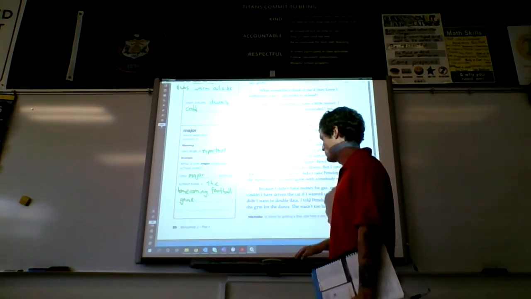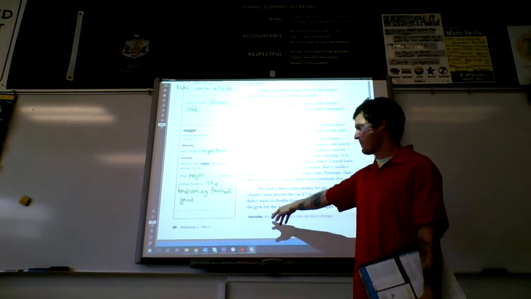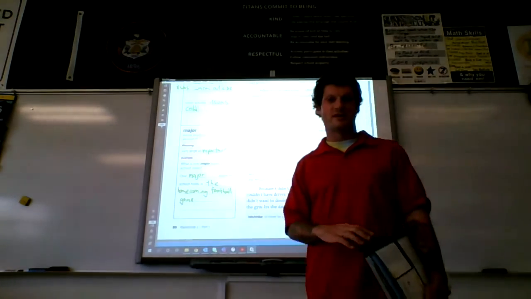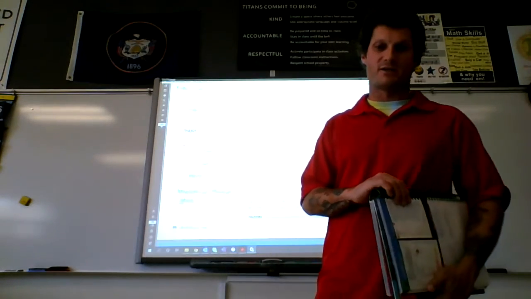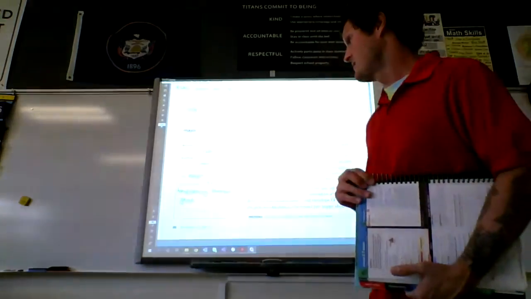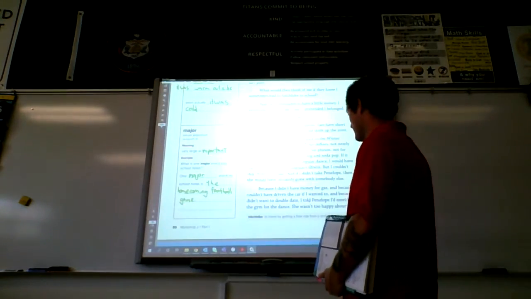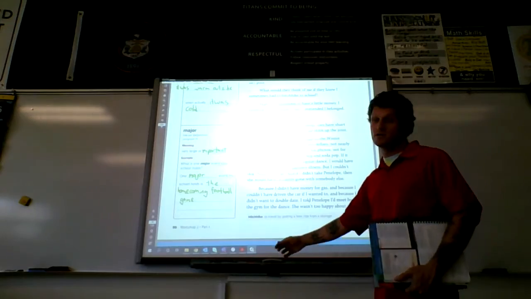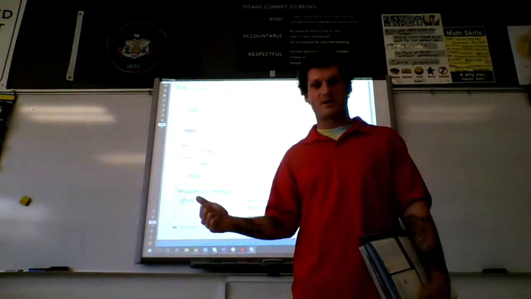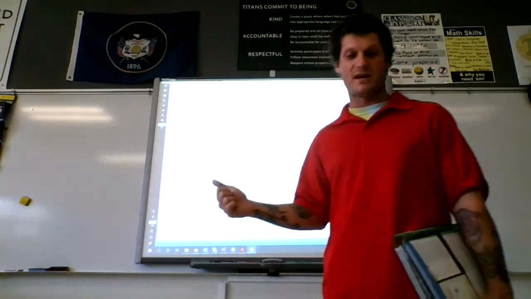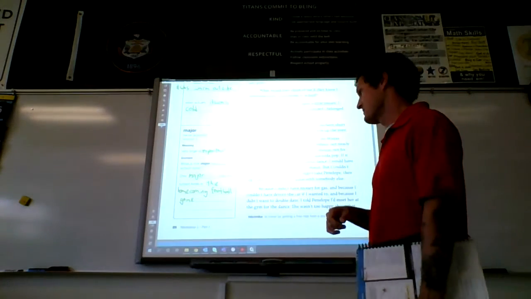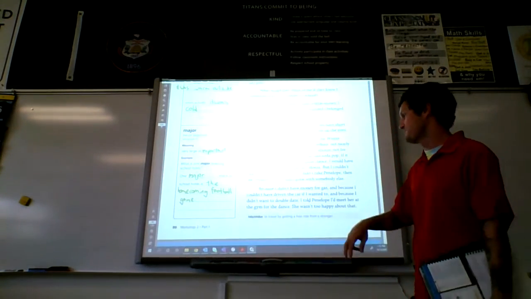Okay, so before we continue reading the text, we're just going to go over this vocab word at the bottom of page 86. The word is hitchhike. Okay, so I'll just say it again. The word is hitchhike, and that means to travel by getting a free ride from a stranger. So if you see somebody walking on the side of the road with their thumb out and they're standing there, that would be hitchhiking. They're looking for a free ride somewhere.